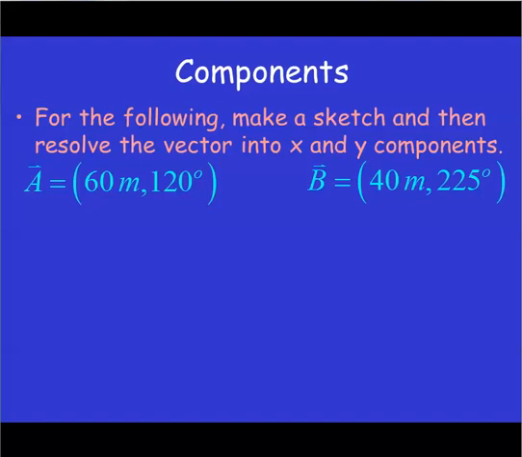So let's look at the components of these vectors. If you have 60 meters at 120 degrees, one moment, I want to do